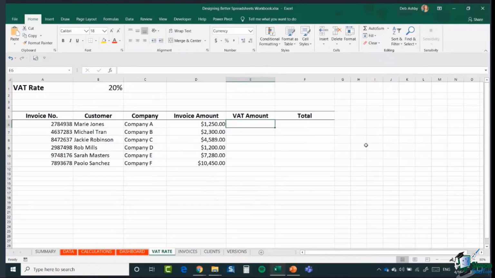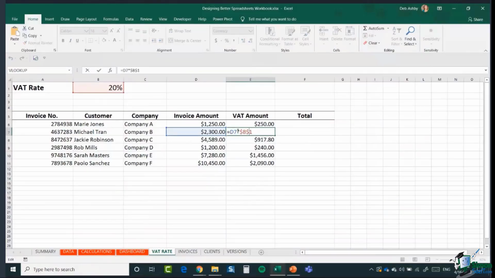So let's do it again. Equals invoice amount multiplied by B1. But this time we want to tell Excel, always use cell B1, and that is absolute referencing or fixed referencing. And the quick way of fixing a reference is to press the F4 key. And you can see now it's put those dollar signs in front of the row and the column, which essentially fixes it. So now when I copy down, I get the correct answer,